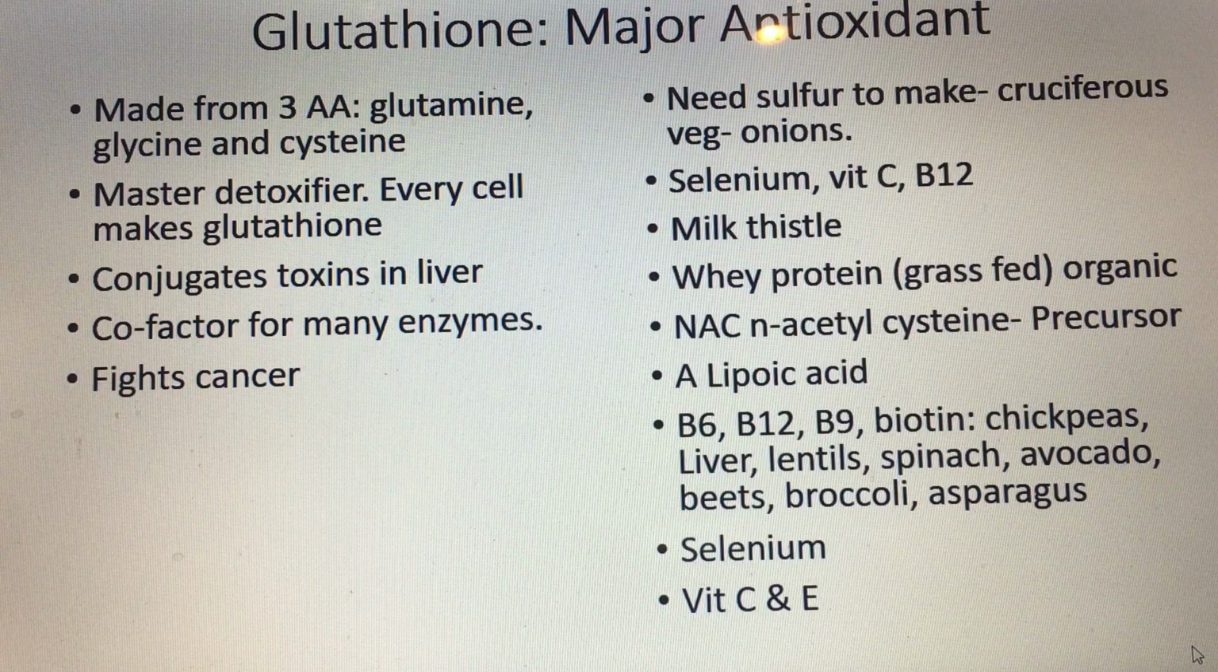Okay, glutathione is a major antioxidant in your body. It's made from three amino acids. It's the master detoxifier. Every cell makes glutathione. It conjugates toxins in the liver. It's a cofactor for many enzymes. It fights cancer. You need sulfur, which is high in cruciferous vegetables. And those are the other things that you need, listed there, in order to make glutathione efficient. And there are medical foods, like powders that you can put in smoothies, that have glutathione and give all those cofactors. That's possible to supplement with if you're having a